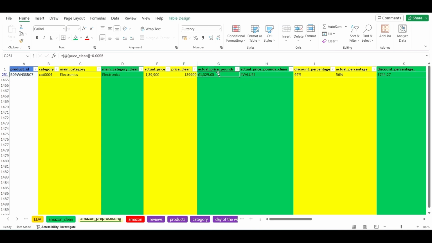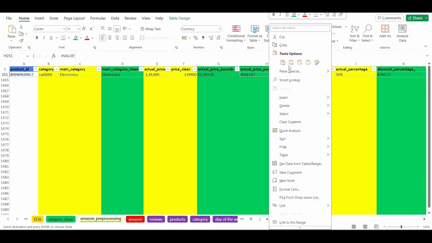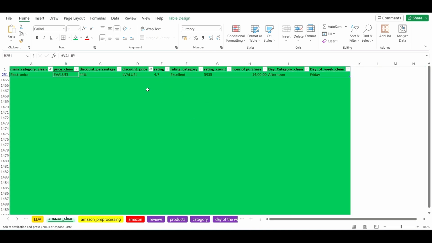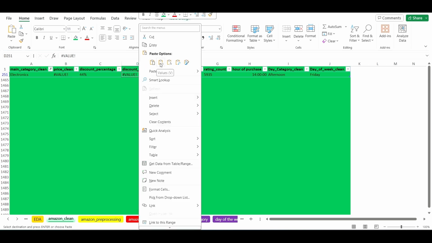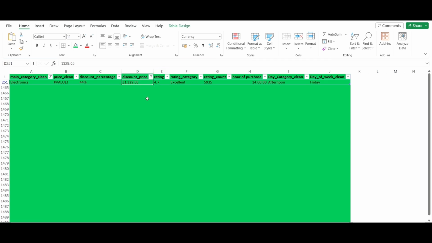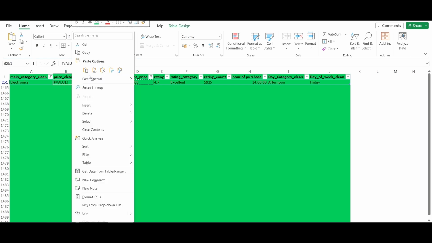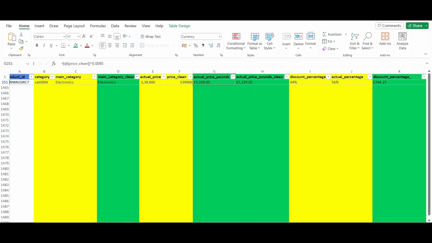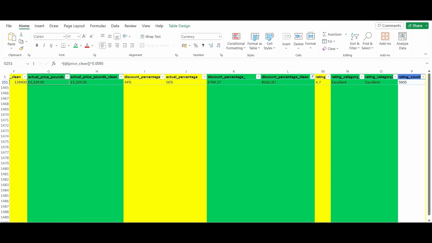Okay, cool. So we're going to copy and paste the value only into here. And then we're going to want to go back. We're going to want to copy and paste this value and then go back to the Amazon Clean dataset and copy and paste the correct value here also. So paste values only. Well, actually this would be for the price clean column, right? Because that's the original. So we're going to copy this and paste it here. And then we want the discounted price. So we go to Amazon pre-processing and the discount price